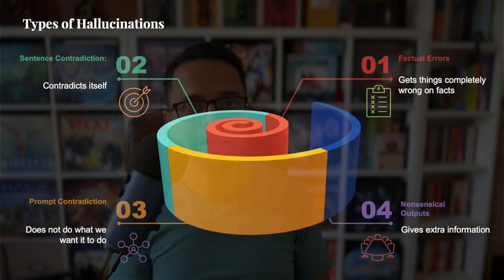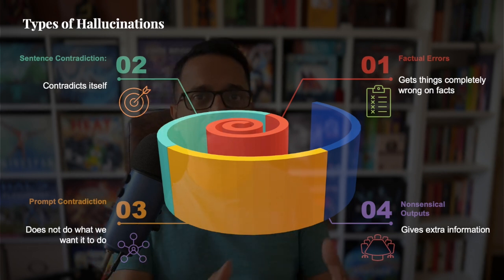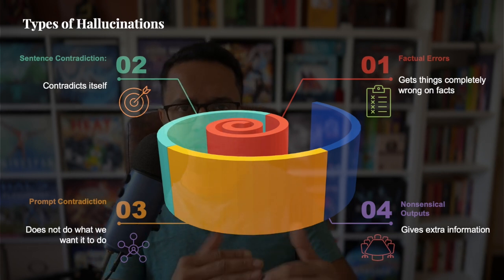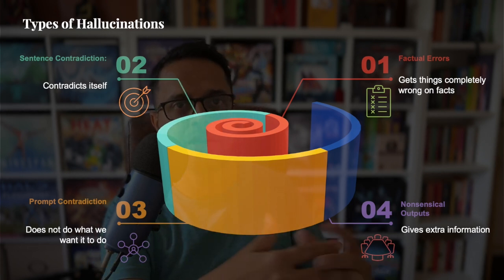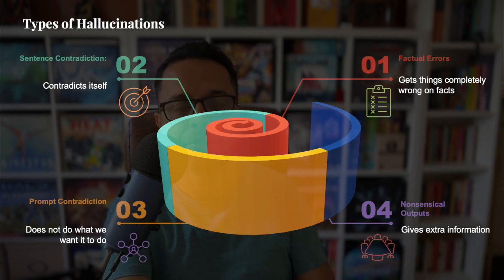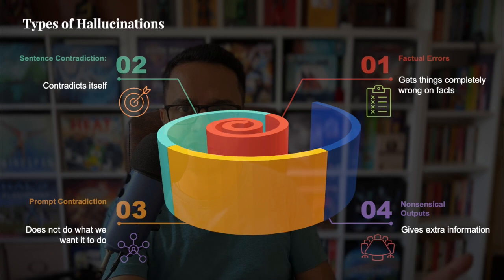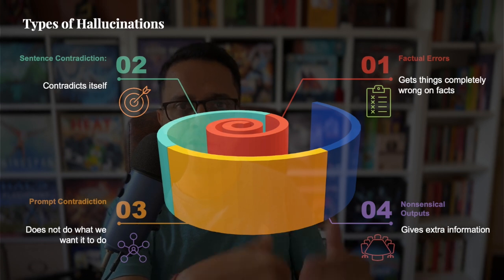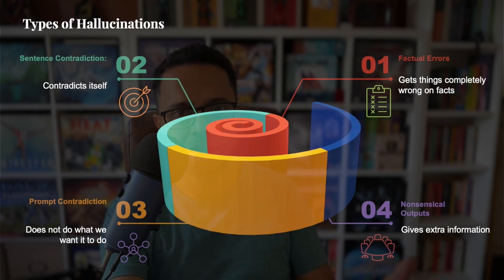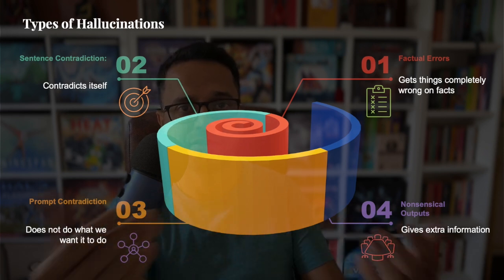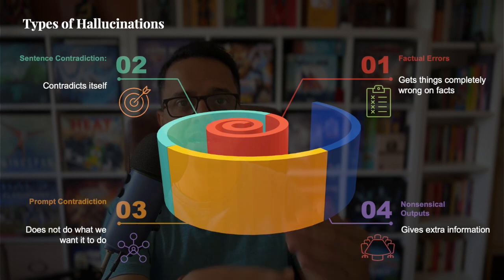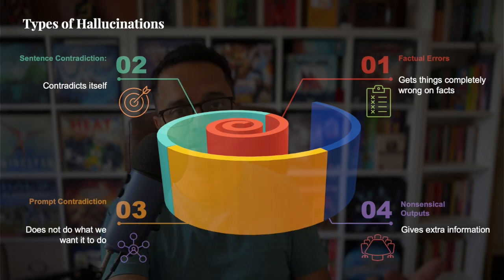The second hallucination is called sentence contradiction. Now, what is sentence contradiction? You get to see this in smaller models, not in larger models today. But for example, it contradicts itself, right? While you are having a conversation with the LLM through a chat application, one time it says, hey, the color of the sky is blue. After some time it says the color of the sky is red, right? It contradicts its own sentences.